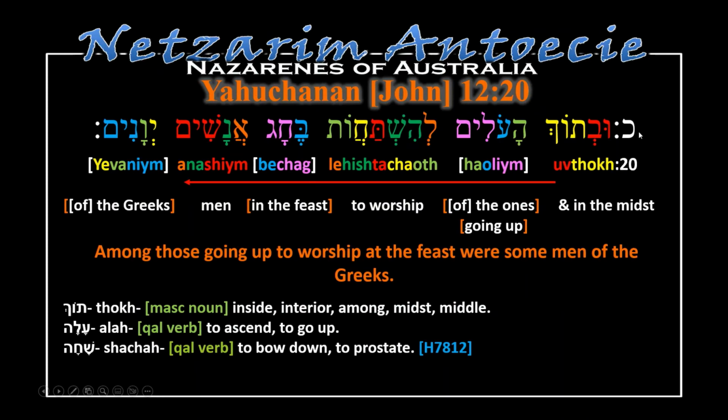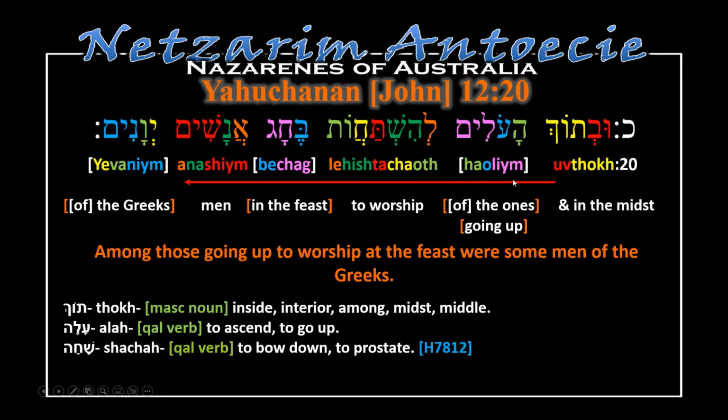And now we come to 20, and it's represented simply with a kaf, which has a value of 20. And we have vav, ve, ta, vav, kaf sofit, hey, ayin, lamed, yod, mem sofit, lamed, hey, shin, tav, chet, vav, tav, bet, chet, gimel, aleph, nun, shin, yod, mem sofit, yod, vav, nun, yod, mem sofit. And it is uv, tok, and in, because the vet is always in, tok, the midst, and in the midst,